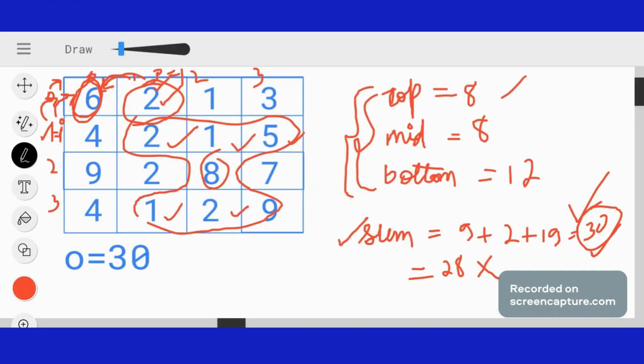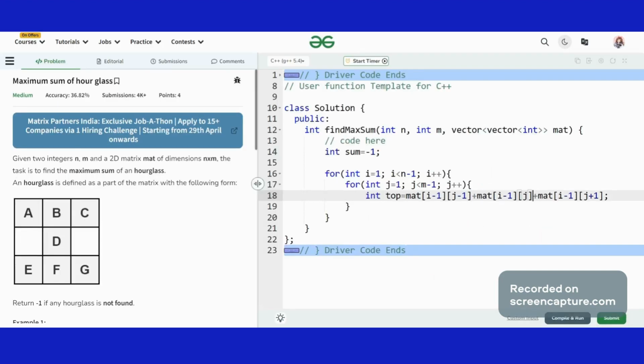Similarly, if I do i minus 1, that is i is pointing to 0, and if we do j plus 1, that is my j is pointing to index 2. What is the element at index i equals 0 and j equals 2? It is 1. So we are getting the third element. We are doing the totaling.